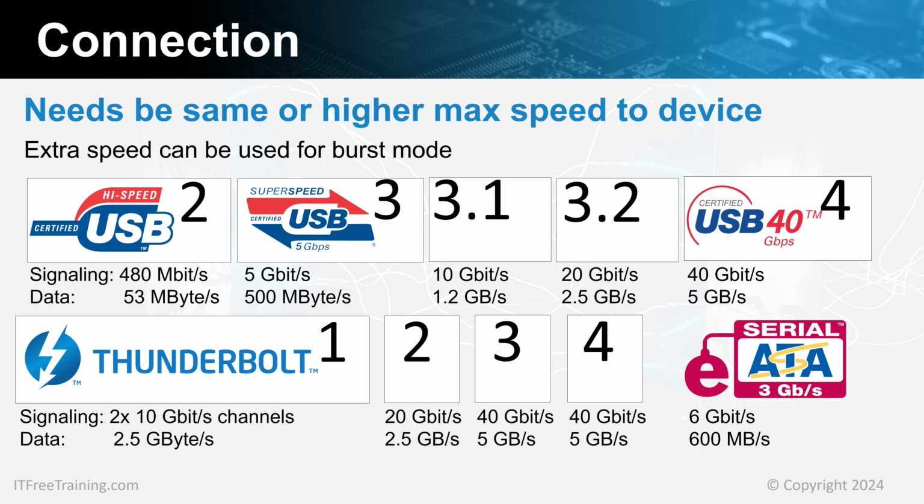Nowadays, most devices on the market are at least USB 3. You will, however, find some cheap USB thumb drives that are still USB 2. If you only need the storage to copy a few small files from one computer to another, USB 2 should meet your needs. If you have large files or a lot of data, you probably want to be looking at USB 3 or above. There is also eSATA.